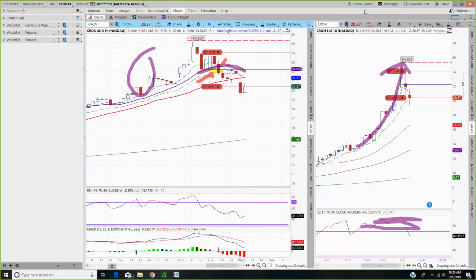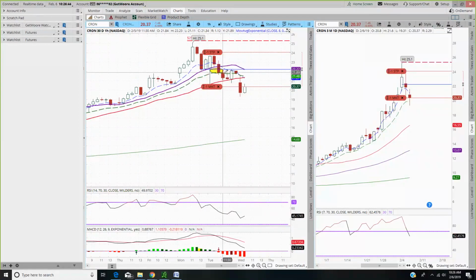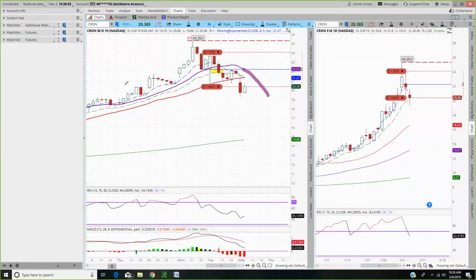Now, look what's happened ever since. It went down, it bounced up. Now, this has not crossed yet. Okay? This has not crossed. But if it does continue to go down and cross, that's going to be really good for this. So what some of you might do is, when you get that crossover, that's more confirmation. Somebody type in the chat, when we're trading bearishly,